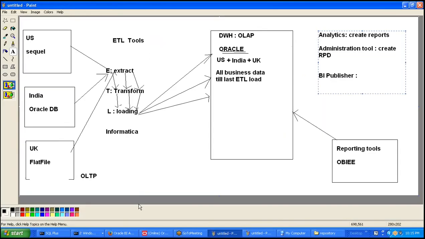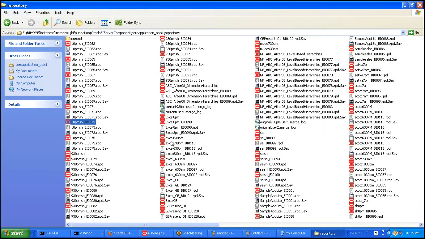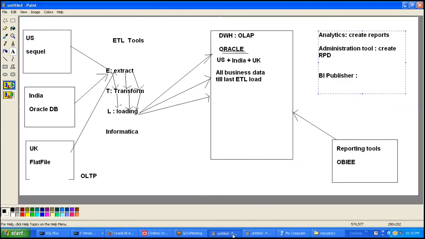If you observe, I did not provide only Oracle. It can be SQL Server. It can be a flat file, and a flat file can be Excel. In our sessions, we will have one session on how to create reports using Excel. Here you can see some Excel-related RPDs. We will create an Excel-related source also. We'll have an Excel file, and from that Excel file we are going to create reports.